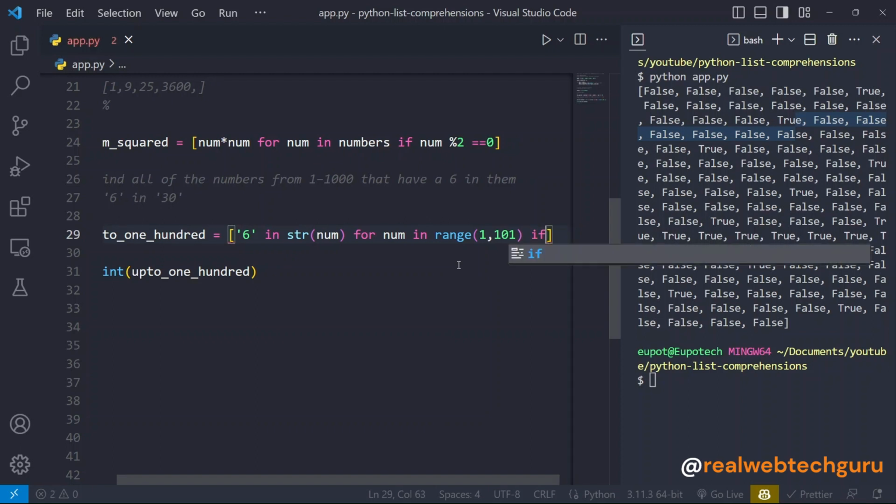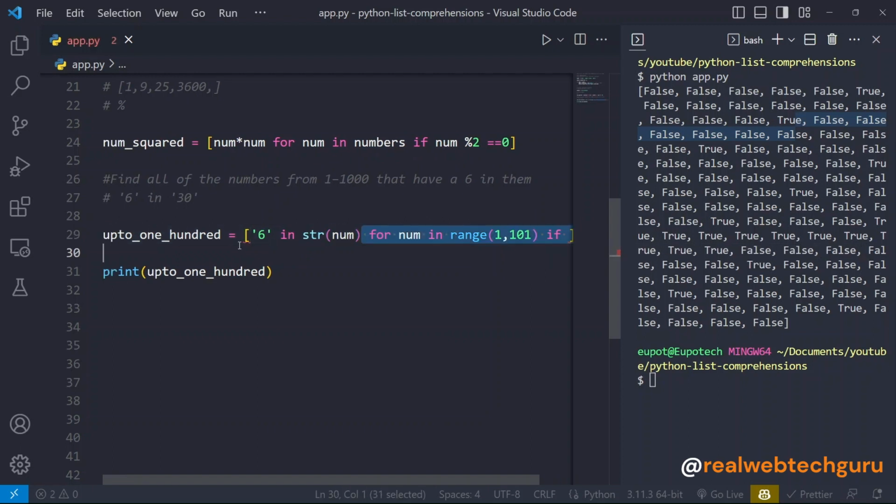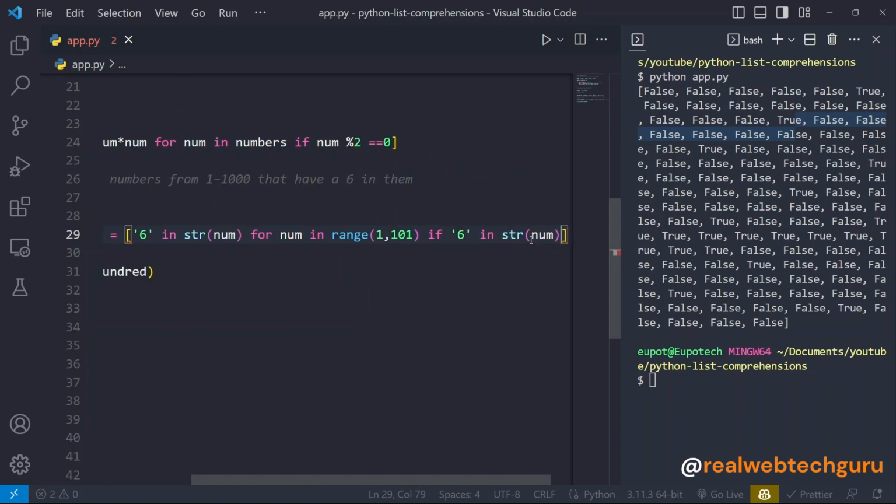So we say if we take this condition, so we can remove this. So we don't have an action currently, but we can return the number. Yeah, we can return the number. It's no problem. So we have removed the expression, the action, such that we only get the numbers that